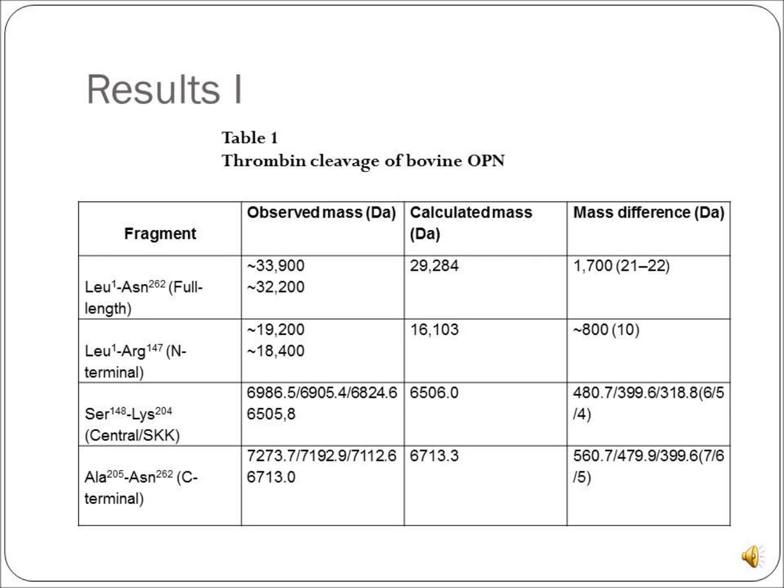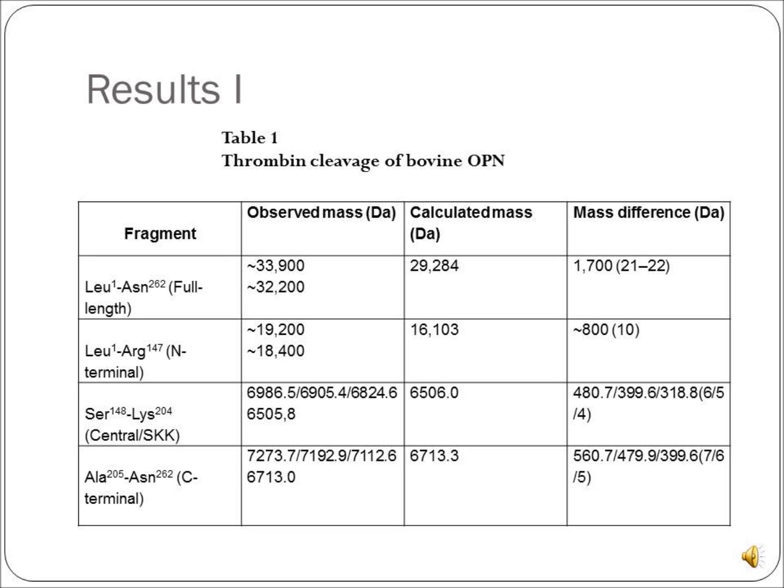From the data collected, the molecular sizes of the fluorescent milk osteopontin and each of the milk osteopontin fragments studied in this experiment are summarized in this table. This table shows the full-length milk OPN and the N-terminal, C-terminal and the central SKK fragments generated by the thrombin cleavage of the bovine milk OPN, which was subsequently separated by gel filtration. From the mass differences calculated, we can see that there is no evidence that fluorescent milk osteopontin was forming aggregates or higher molecular weight species.